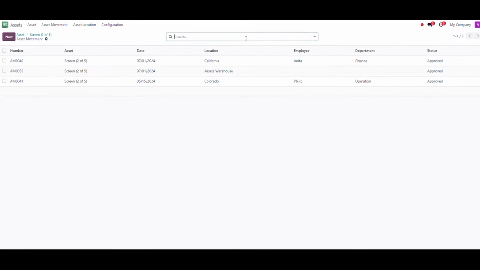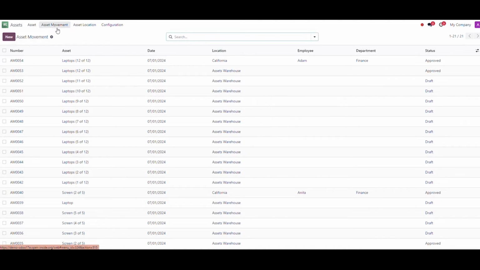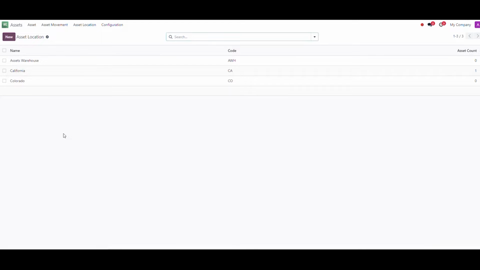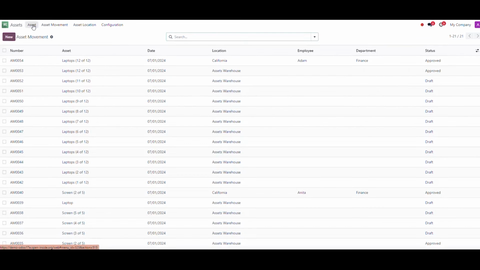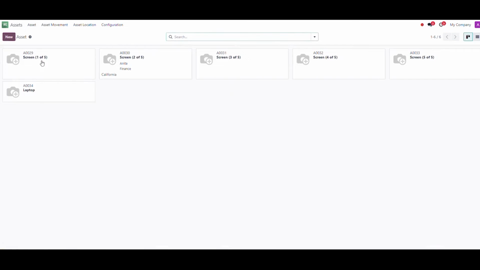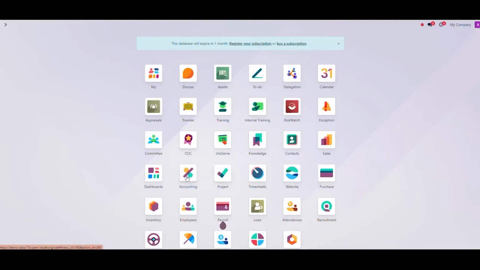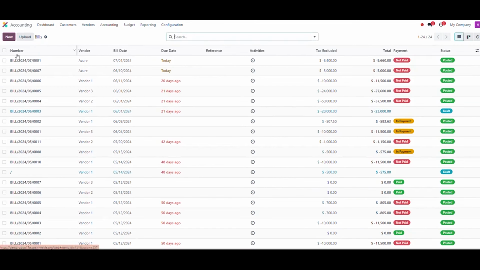This includes the list of assets, the list of asset movements, and a configuration for the location. You can create a new location, so at the time of creating a movement, it is already pre-configured. To reach the asset tracking points, we start with the Accounting module by creating a vendor bill or by using an already imported asset that we have.